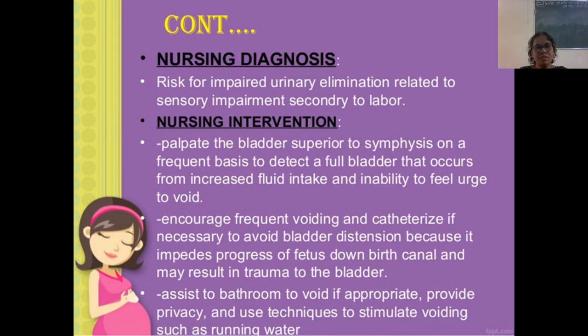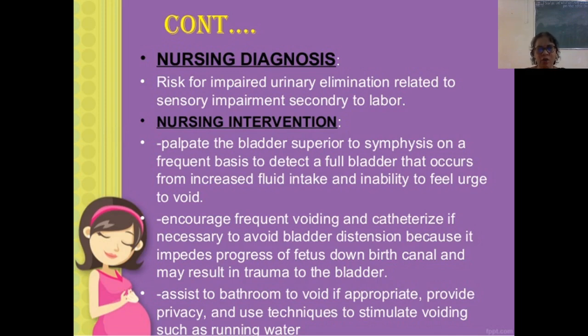Next diagnosis is risk for impaired urinary elimination related to sensory impairment secondary to labor. The nursing interventions are: palpate the bladder superior to the symphysis on a frequent basis to detect a full bladder that occurs from increased fluid intake and inability to feel the urge to void. Encourage frequent voiding and catheterize if necessary to avoid bladder distension, because it may impede the descent of the fetus and may result in trauma to the bladder. Assist to the bathroom if appropriate, provide privacy and use techniques to stimulate voiding